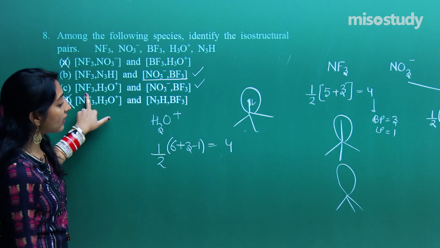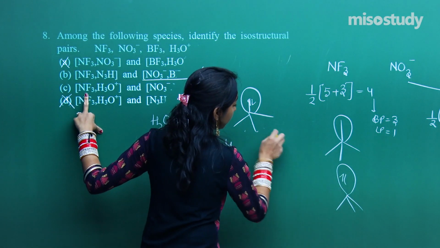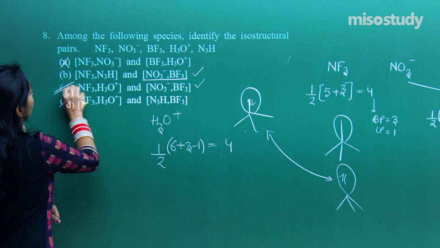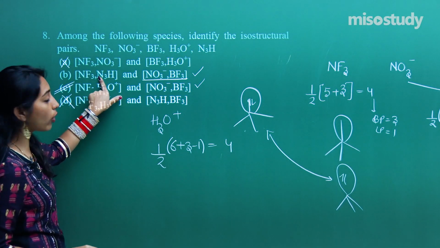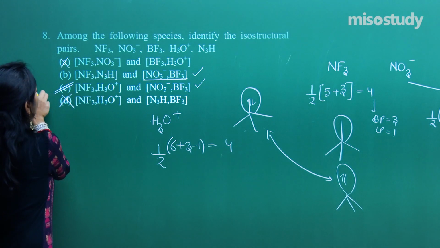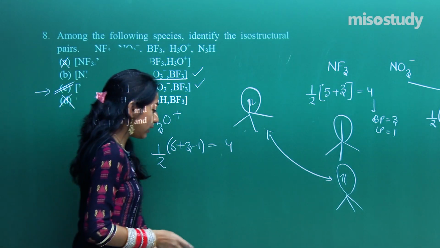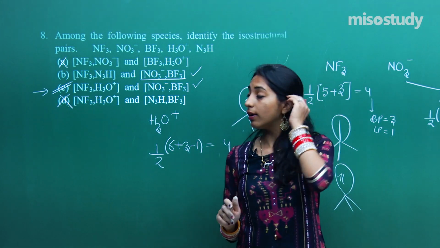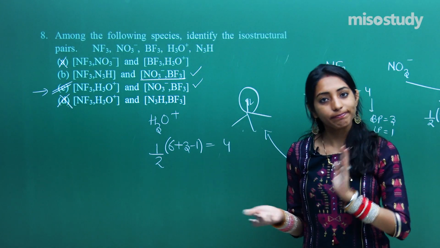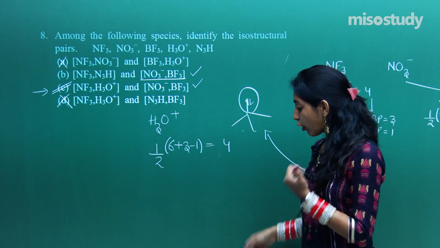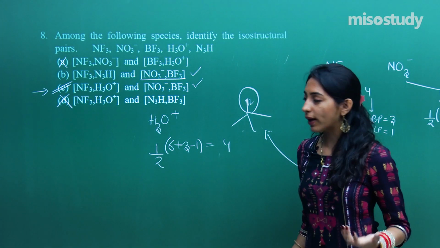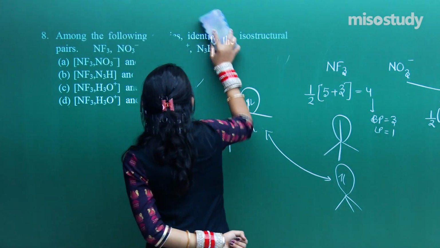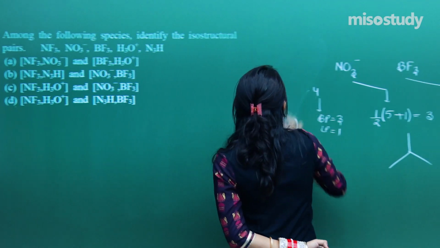So can I simply say that these two structures are the same, right? So even this will be a correct option because these two are the same, and in this option the two are not available. So I will simply move on to say question number 8 has option C as the correct option, right? Again not a difficult question, but yes, a good one. Having done with this, let's move on to our 9th question.